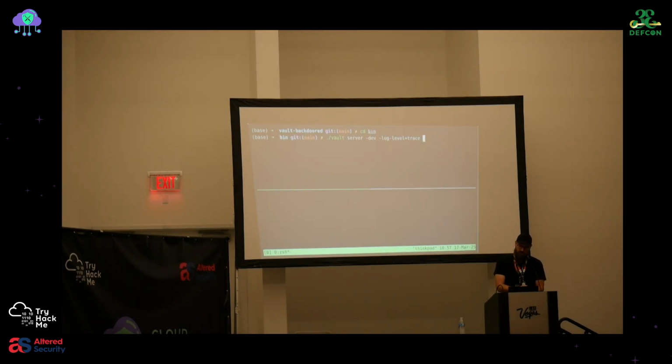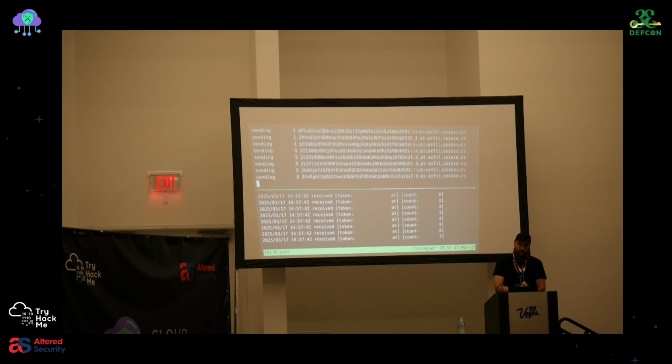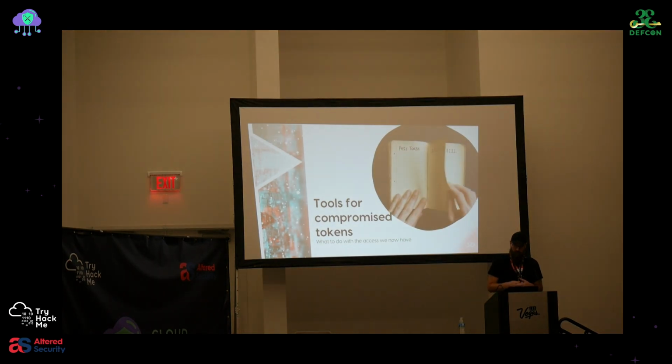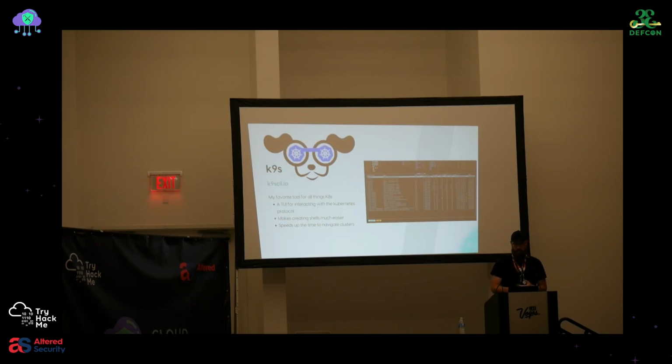So when you run Vault, here's the server side. It spits out really verbose information to standard out just to show you that I'm doing it there. And then on the server at the bottom, you can see all the tokens that I'm collecting. So this gives me all of the tokens for Vault. So anything that you've stored in Vault, including the service account tokens that needed to be accessed for the pod itself. So the question comes into, okay, now you've got access to a cluster. What do you do? And this is the more interesting thing.